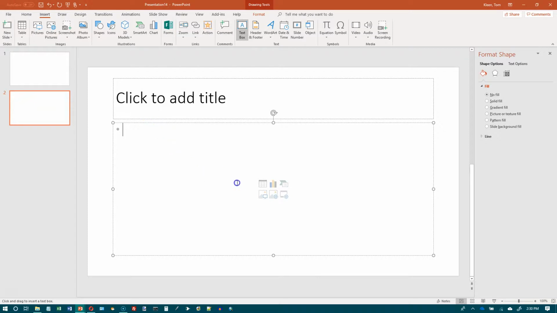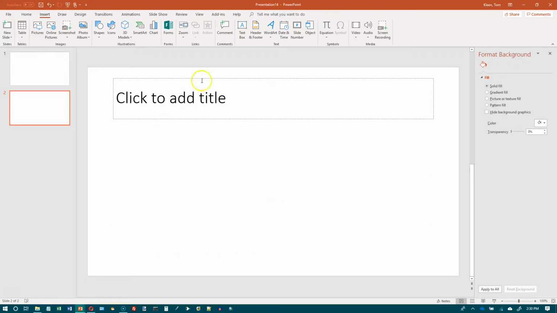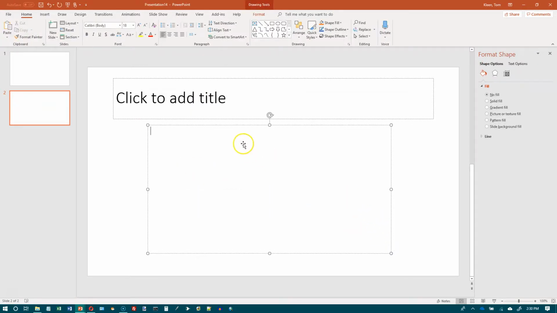And now if we click and, let's try that again. So let's click and drag. Oh, you know what? We've already, hang on a second here. I'm going to delete what's there, and now let's try text box, and now let's click and drag, and we already had a text box there by default, but I wanted to show you how to insert one. So we got a text box here, and a text box is for holding text, so we'll just put a little bit of text in here, and notice as soon as you start typing stuff,